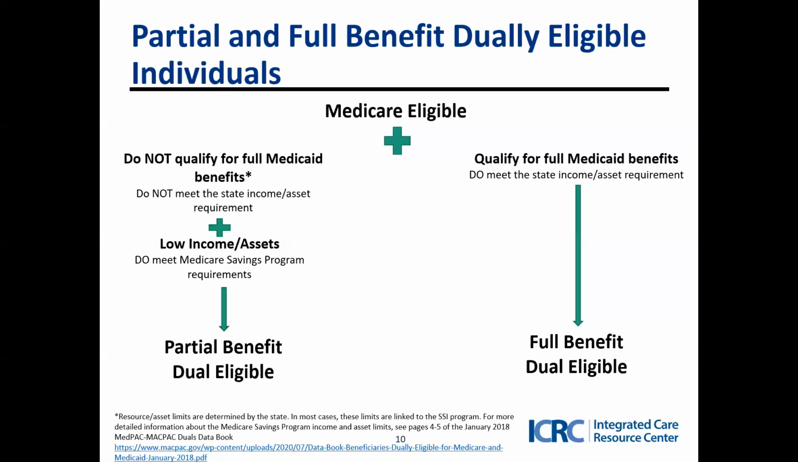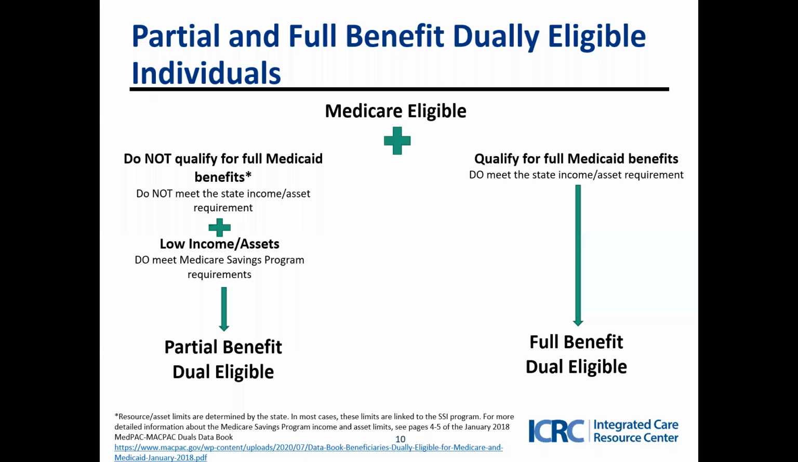Now, we know that a dually eligible individual is one that qualifies for both Medicare and Medicaid. However, there are two types of dually eligible individuals: full benefit and partial benefit. A full benefit individual qualifies for Medicare and meets their state's Medicaid eligibility requirements. In this case, Medicaid will offer secondary wraparound coverage to Medicare, while on the other hand,